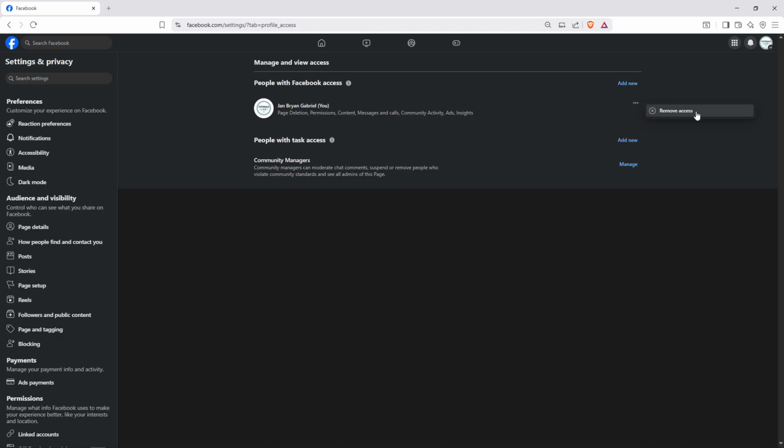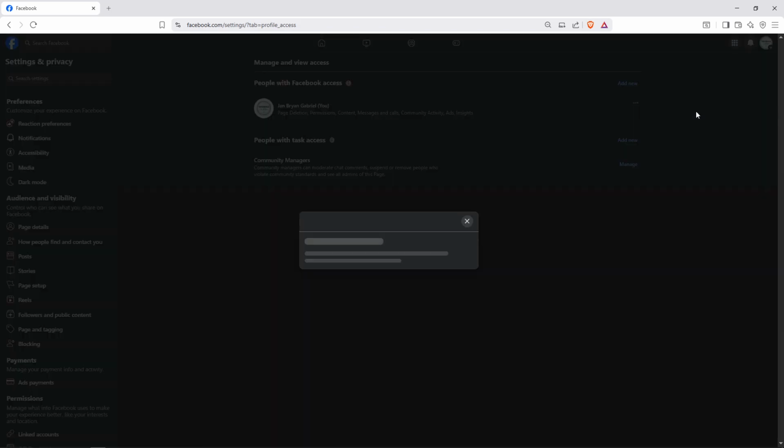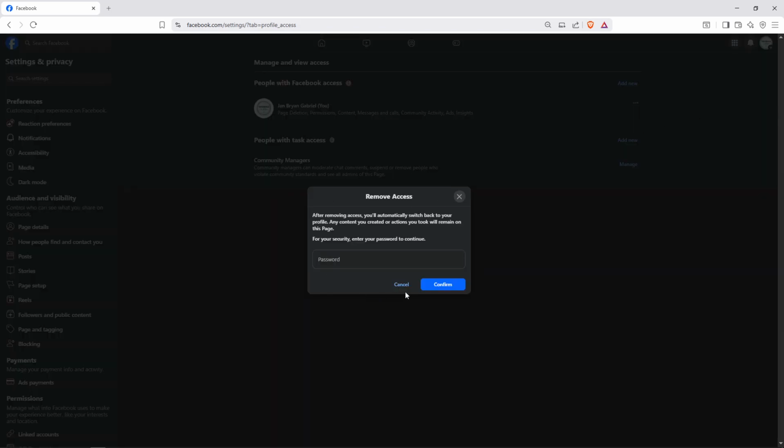Click on it. After clicking Remove Access, a confirmation window will appear on your screen. This is Facebook's way of ensuring you don't accidentally remove someone's access. In the confirmation window, click on Remove Access again to finalize the removal. Once confirmed, your personal account will no longer have admin access to that Facebook business page. And there you have it. You've successfully removed your Facebook business page from your personal account, giving you cleaner account management and ensuring only the right people have access to your business